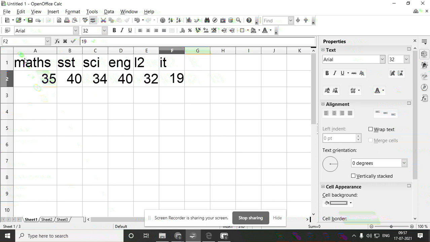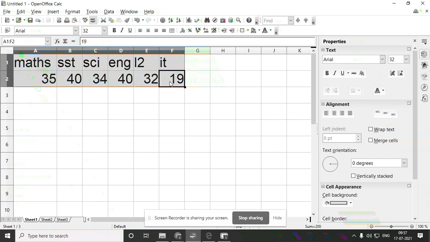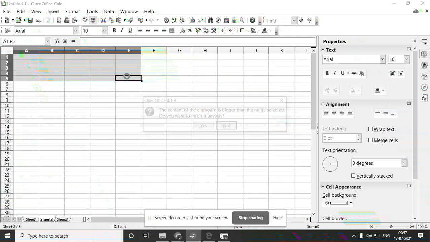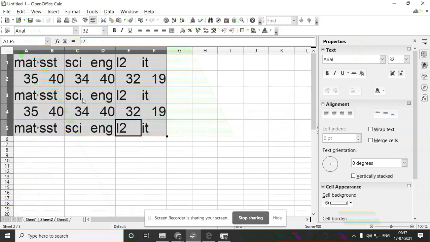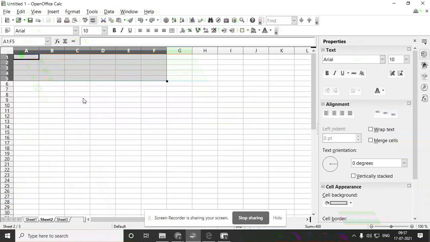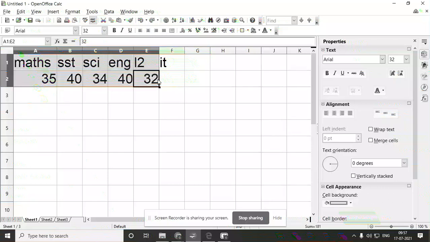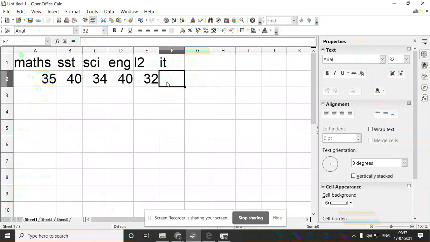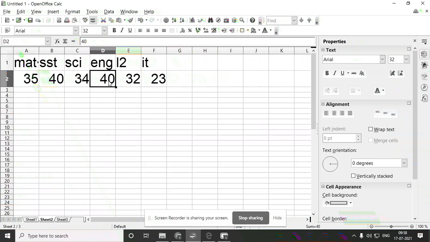Now, instead of typing again, I'll copy and paste that in sheet 2. If you want to change the marks in sheet 2, you can change the marks here. Instead of 40, I'll make 34.